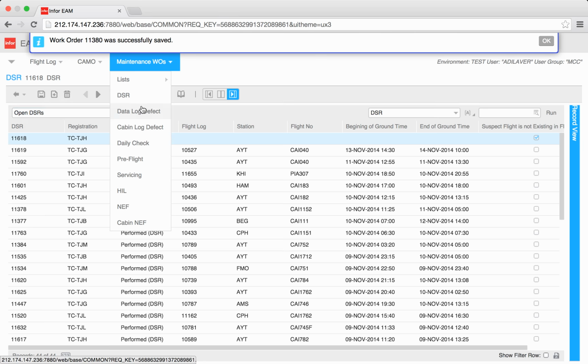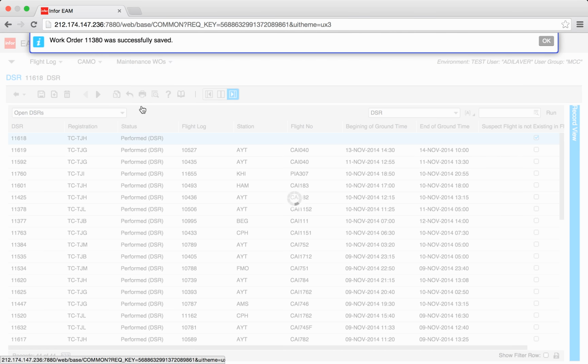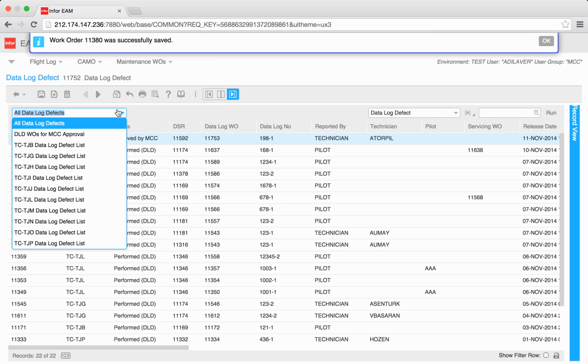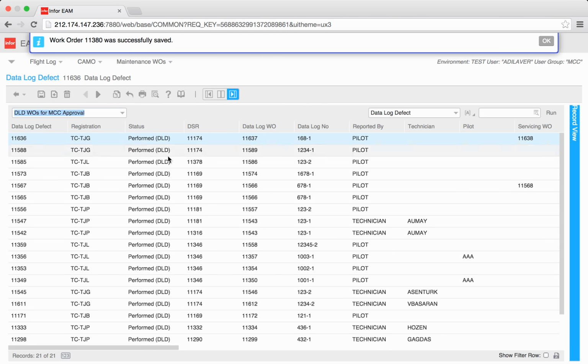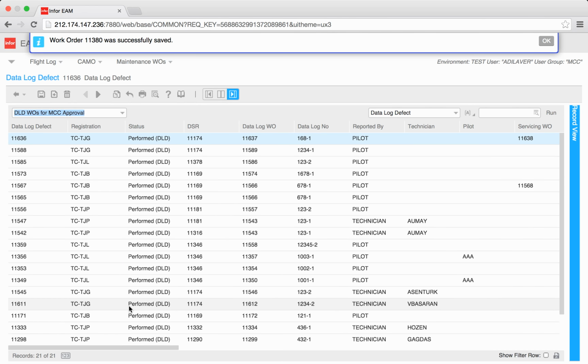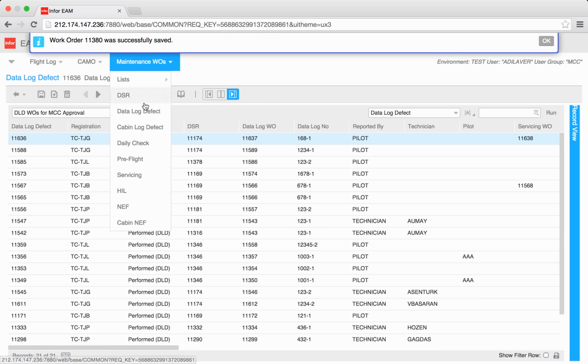Let's go to the other work orders. Here is the data log defect. As you can see, DLD means data log defect here. Data log defect work orders for MCC approval. When you click this, the status of these work orders is performed. So you can see if there is any missing item that you need to approve before leaving your shift. And also here is the